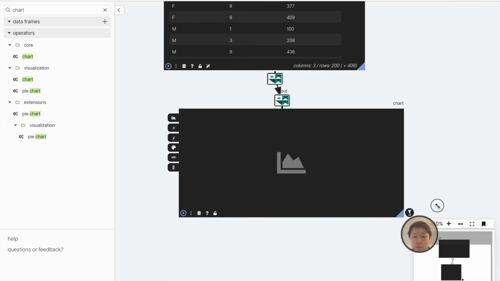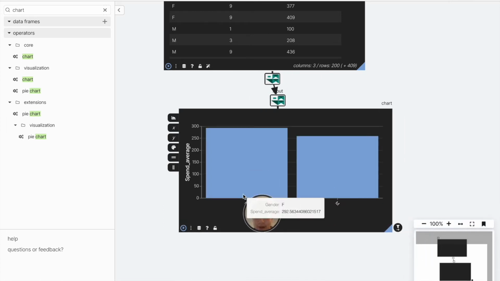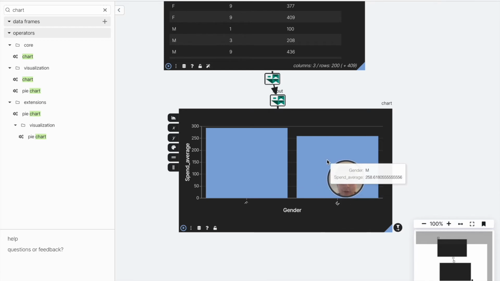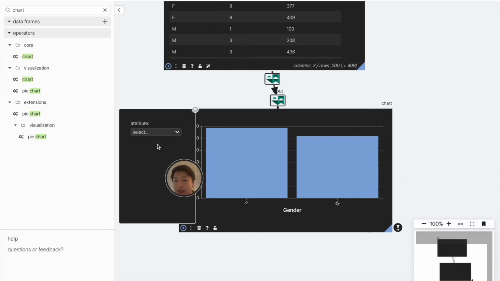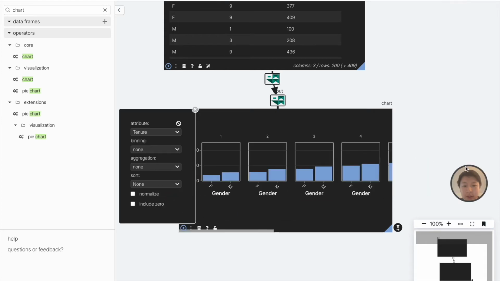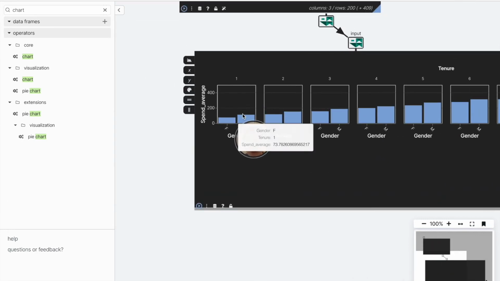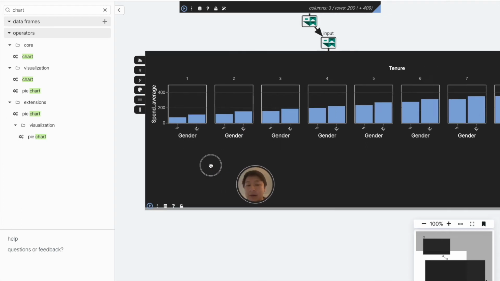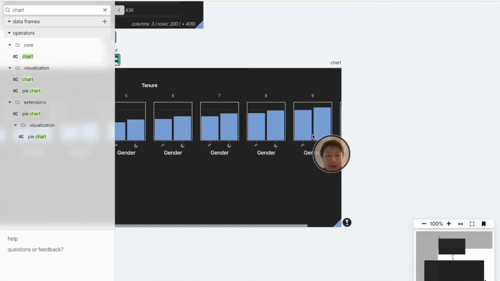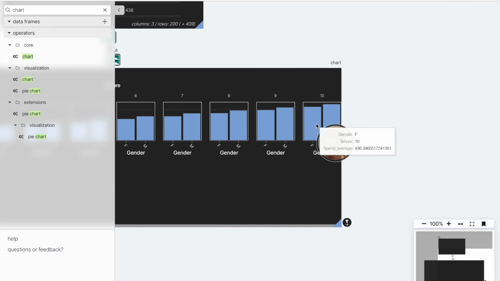In this situation, we actually see that women spend on average $292 and on average men spend $258. So it seems like women are spending a little bit more. However, when we decompose this on the tenure dimension, just making a bunch of small charts for clarity, we can see that when tenure is 1 year, men spend 110 and women spend 73. And when we go all the way over to a 10-year tenure, we see that women spend 436 and men